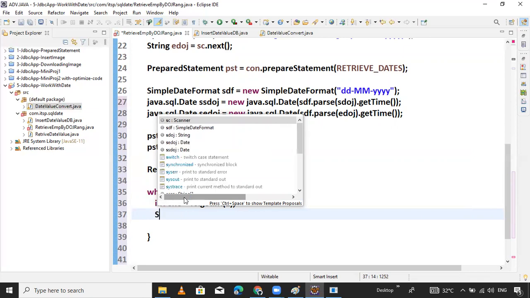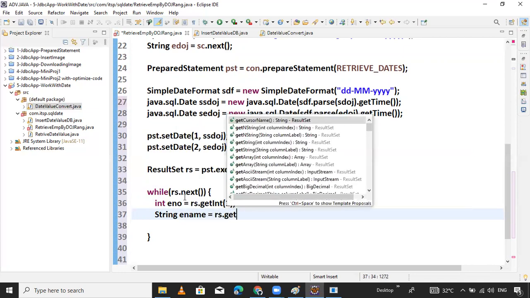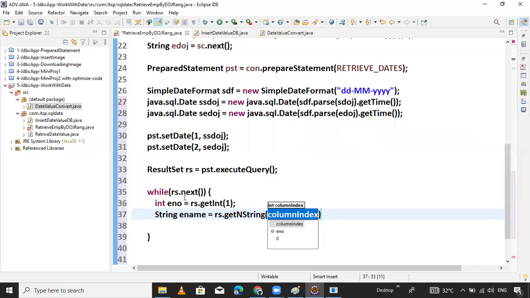Now for the string, get the name: ename equals rs dot getString, passing index 2.